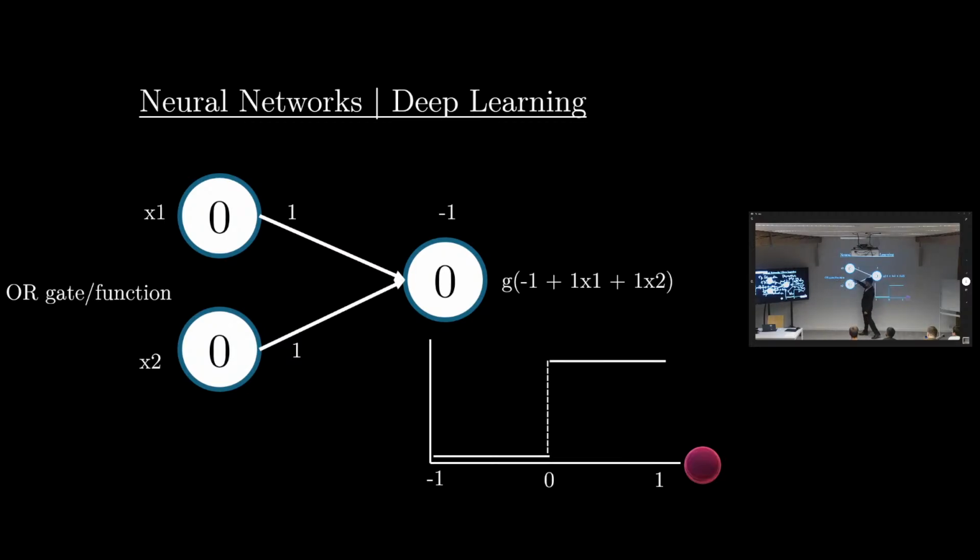So you input 0 and 0, then I give the weights -1, 1, and 1. Then we get -1, which is our bias, plus 1 times 0, plus 1 times 0, which gives -1, plus 1, which is 0. Then we put it in our activation function. The activation function is 1 when the value is at or above the threshold, which maps to 1. Then the output is 1. No, wait, -1 plus 0 plus 0 gives -1. -1 is here, which gives us output 0.